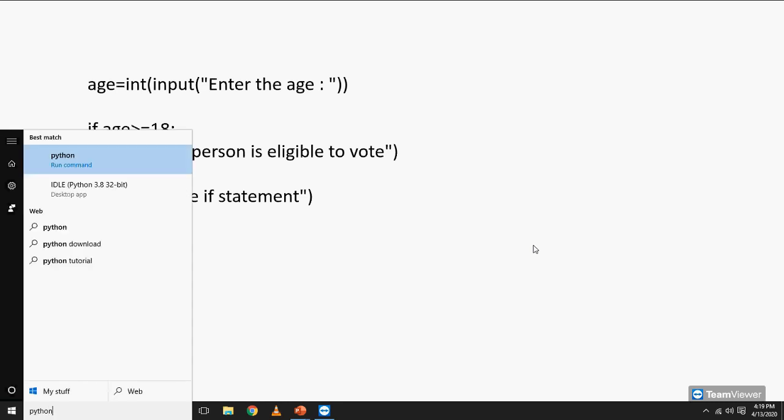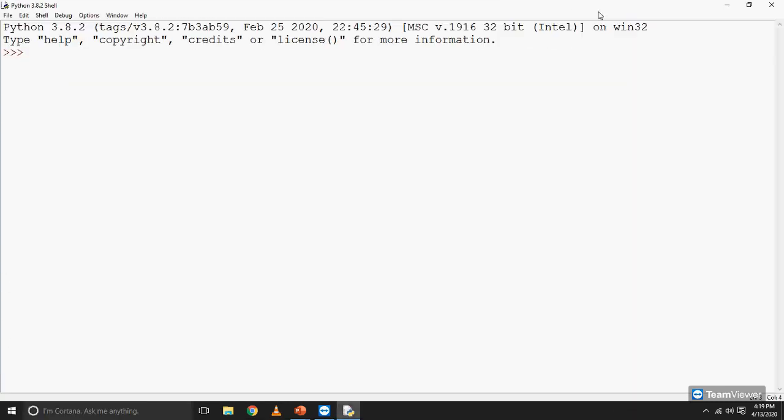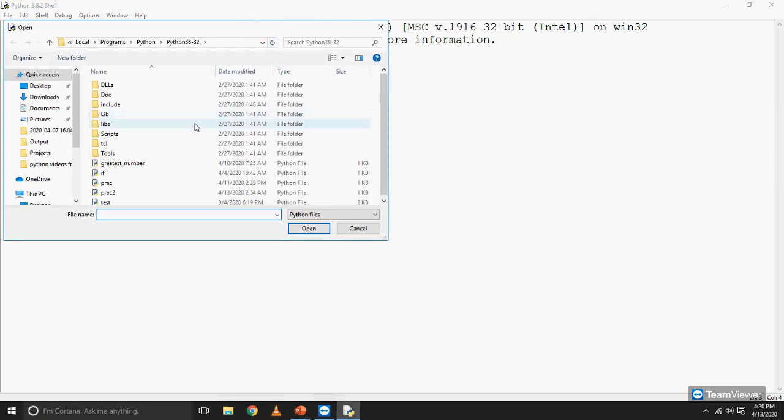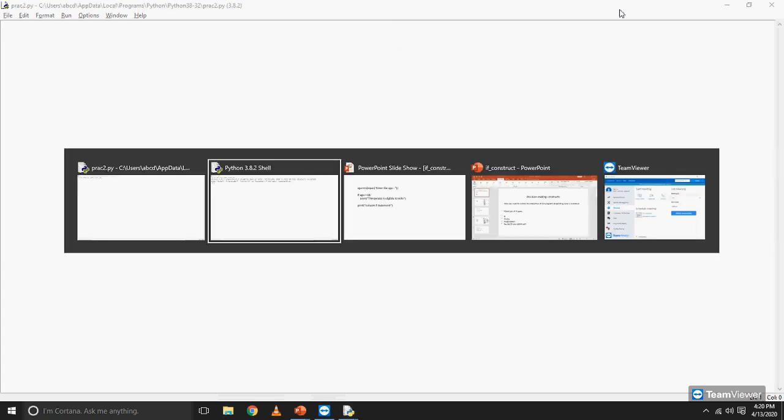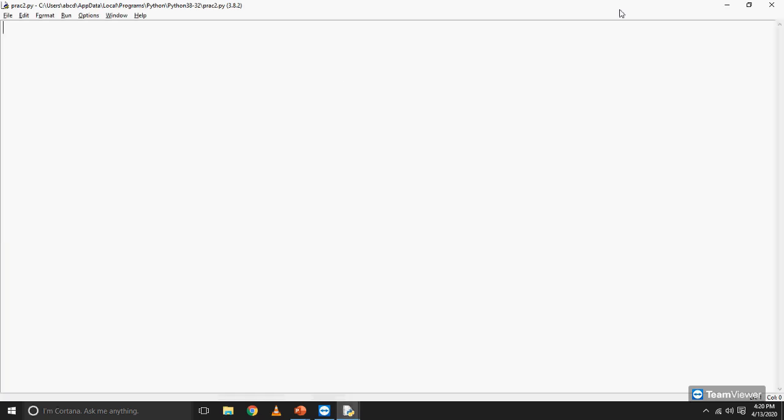Let me open Python now. So let me type in the code now. age equal to int input, enter the age.